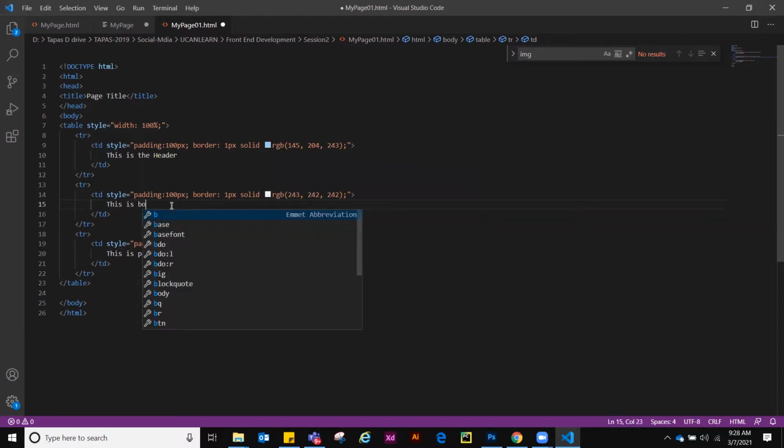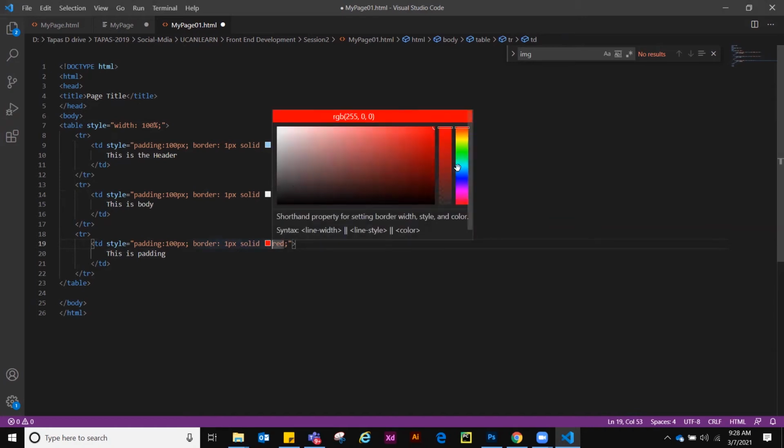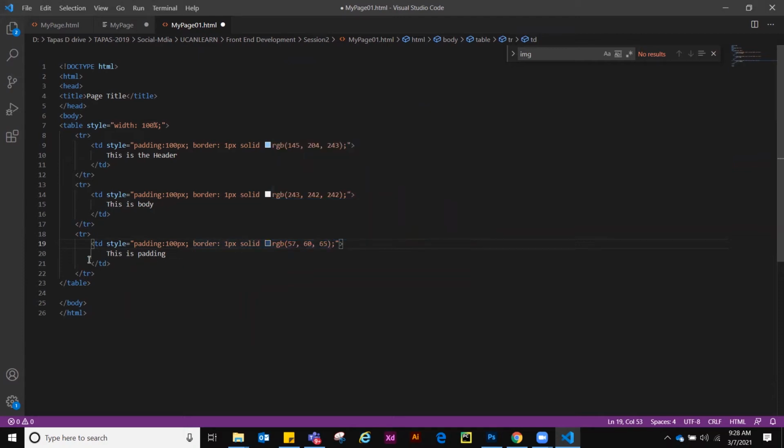This is the body, and let's make it a little dark. This is the footer. Okay, now let's see what happens.